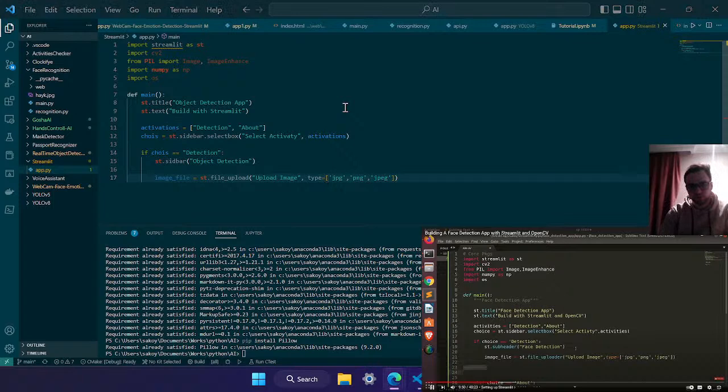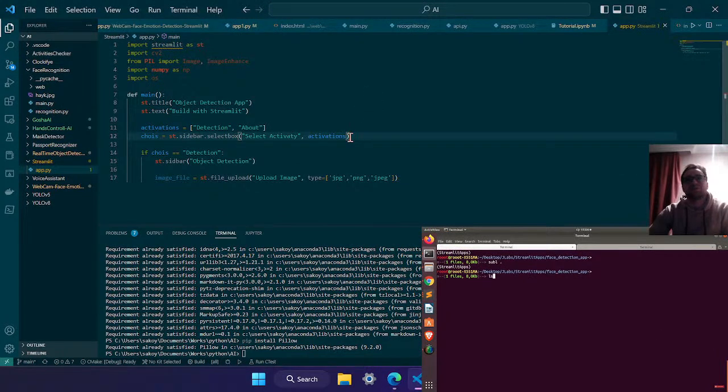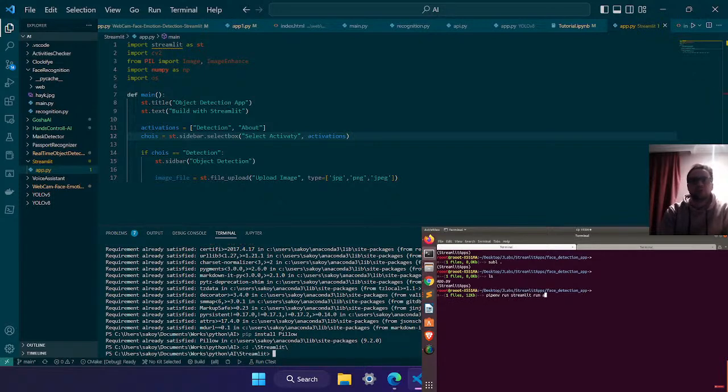Then like this, let's save it. Let's see what we have done so far. So I just come back here, then let's run our app. So our app is there, so we now can run it with PMV run Streamlit run app. In case you're not working with a virtual environment, I'm working with